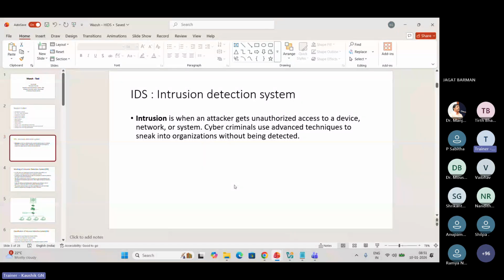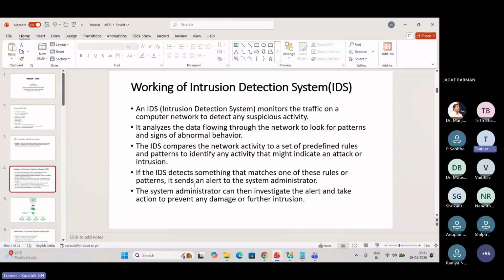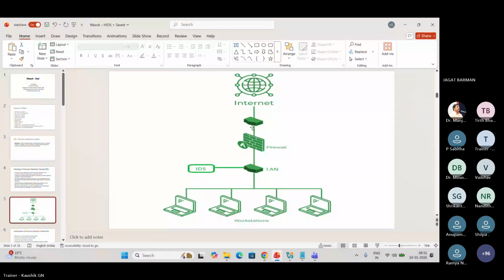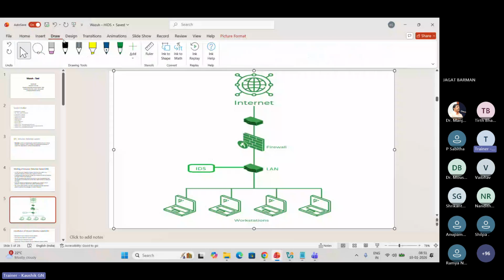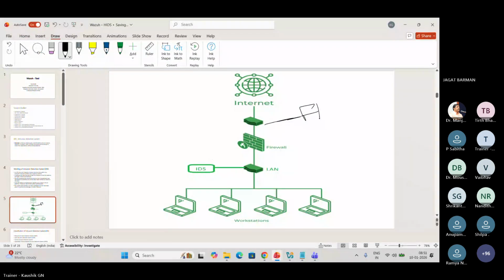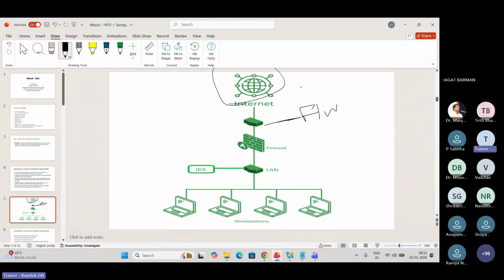So how does it work? This is the architecture. Here we have the firewall. This is the internet. This is the router. This is the endpoint, my system.